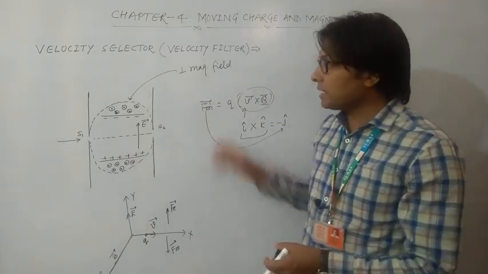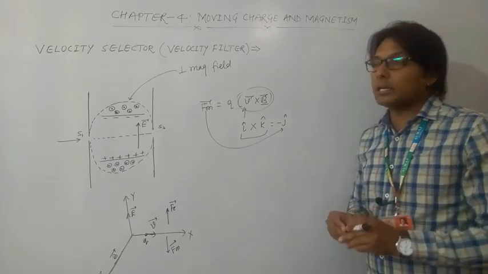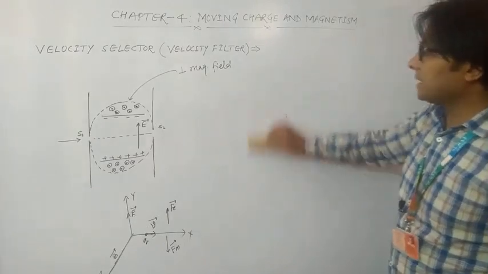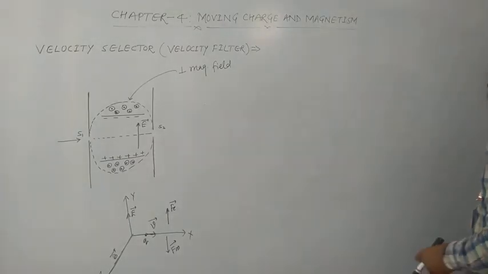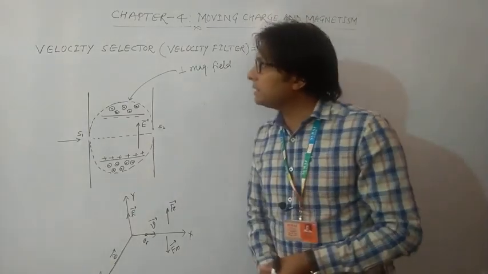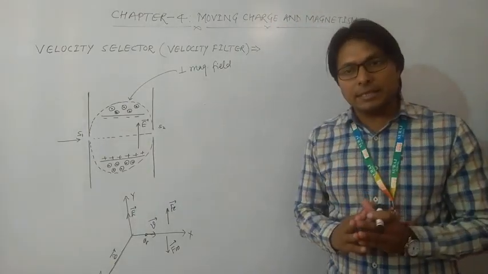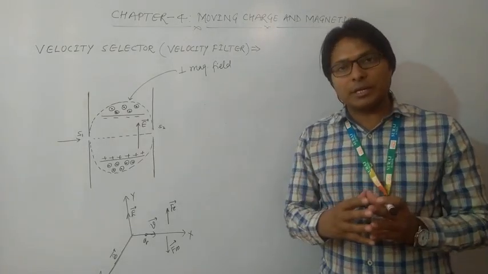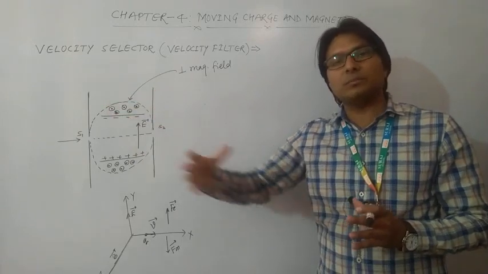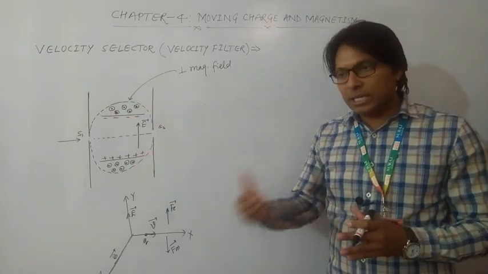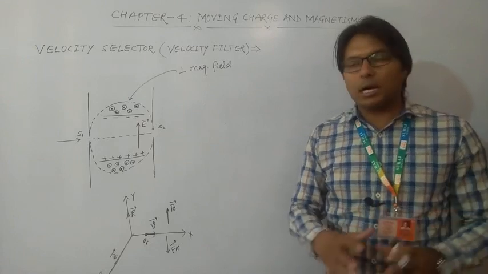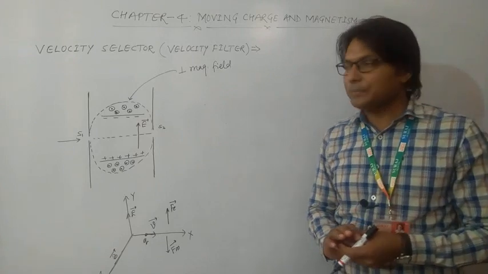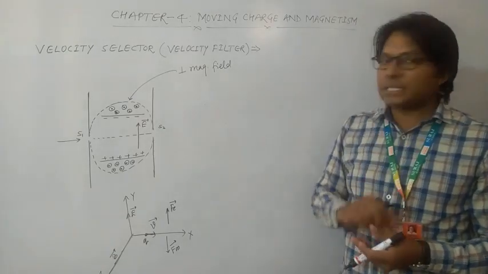Okay, so how is this diagram important to illustrate the operation or working of this velocity selector? Let us try to understand it. As I told you, a velocity selector is a device which is used to select one charged particle out of many charged particles moving with different velocities. So the desired velocity particle is separated out of those charged particles having different velocities. So how can these charged particles be selected?